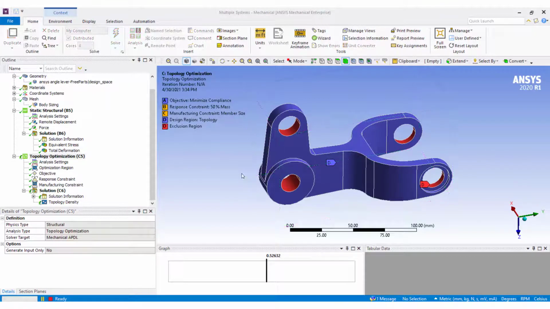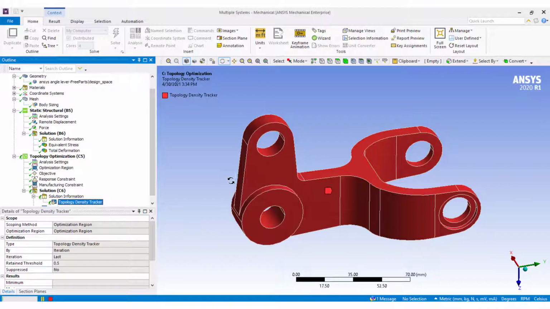I will run the simulation and drag the mass reduction from the topology density tracker under the solution information.